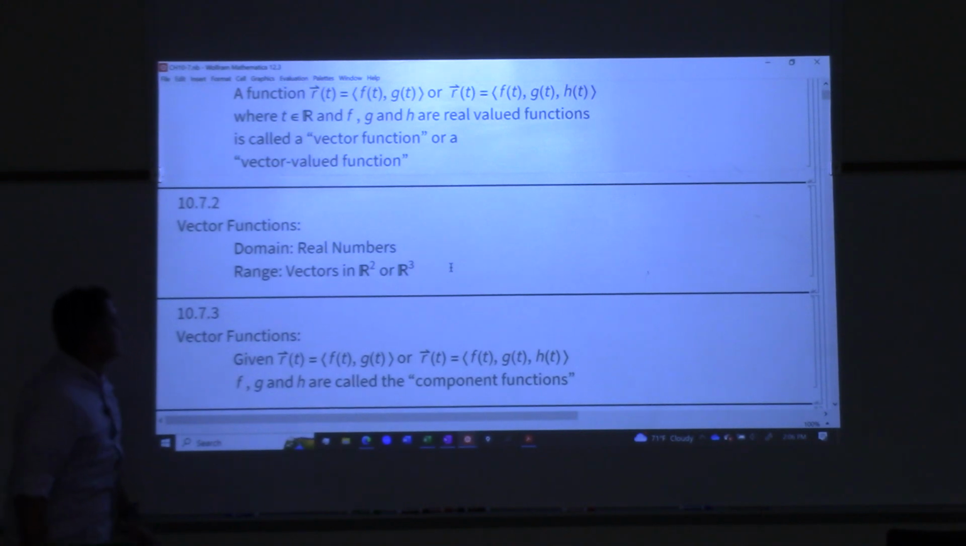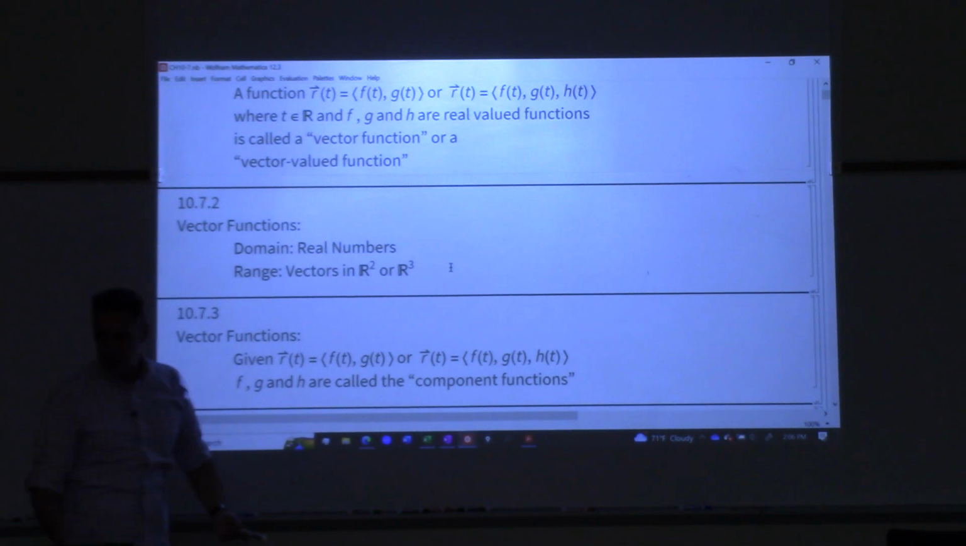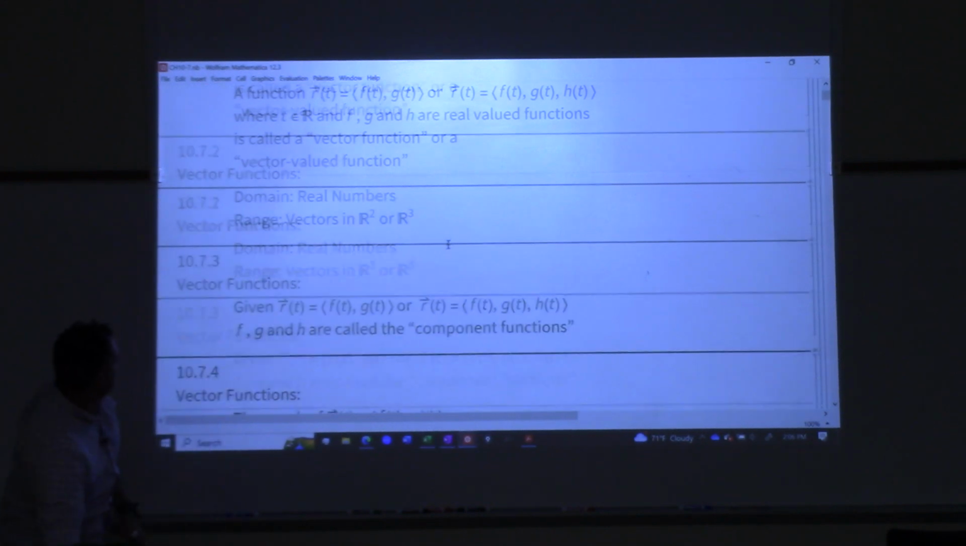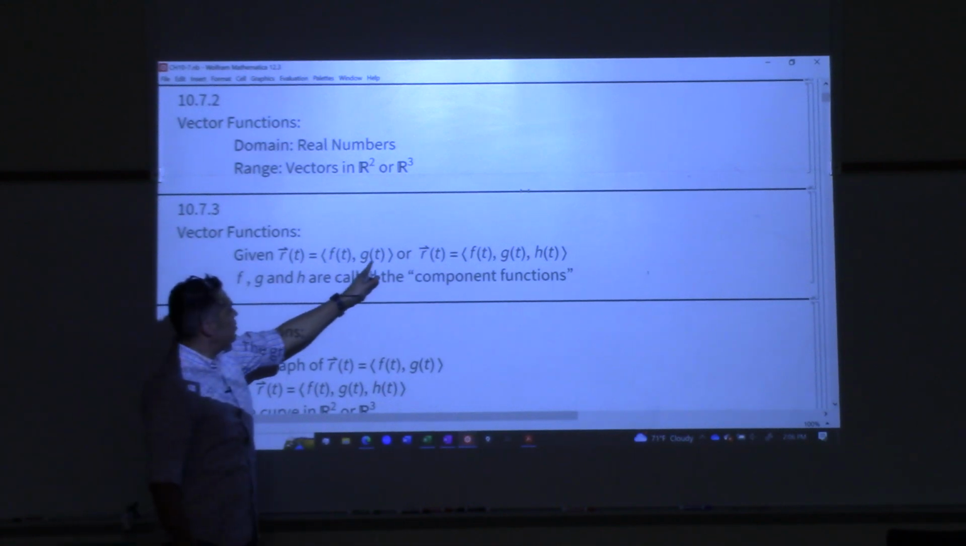All right, vector functions, the domain, this is what I was just saying: it takes in numbers, and spits out vectors in either 2 or 3-dimensional space. Given a vector function, these functions, f and g,